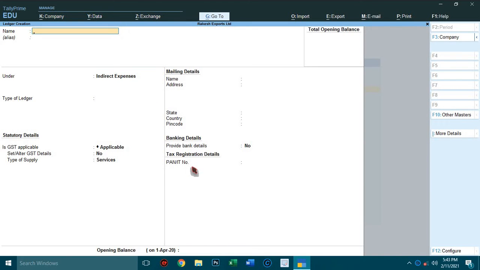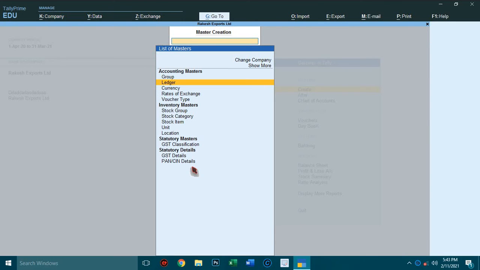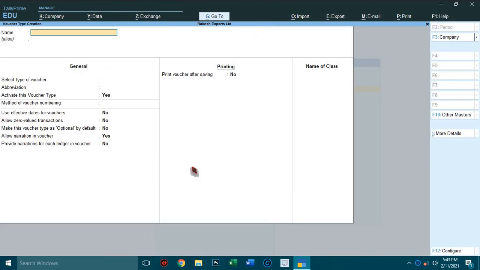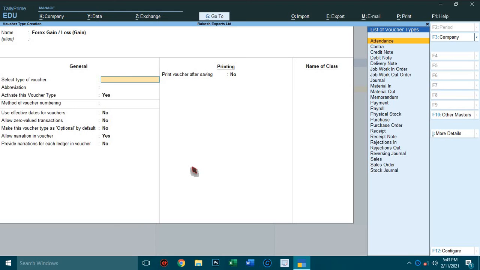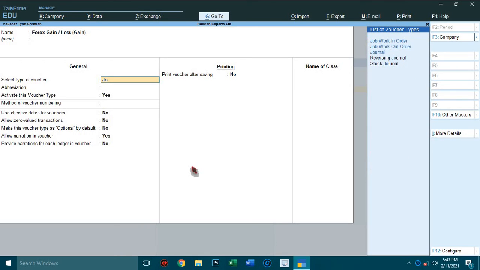Next, create voucher types. Escape, select voucher type. Create both the gain and loss voucher types. Forex gain or loss (gain). Type of voucher, select journal in the list of voucher types.